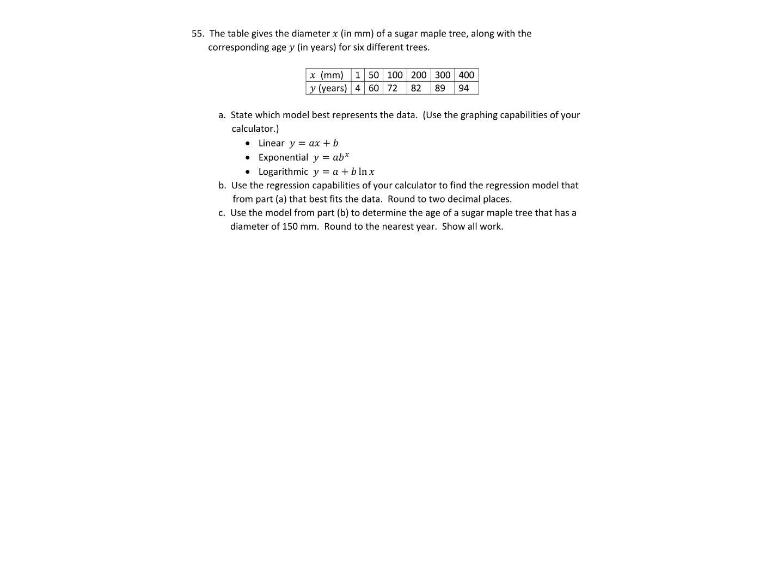Okay, so is it linear, exponential, logarithmic? When I look at it in the calculator, it looks like this. And so that looks like a logarithmic function. So I'm going to say this is logarithmic. And so use the regression capabilities of your calculator to find the regression model. So I'm going to go to stat, calculate, and go down to I think LN regression. So if I hit that one, it's going to give me